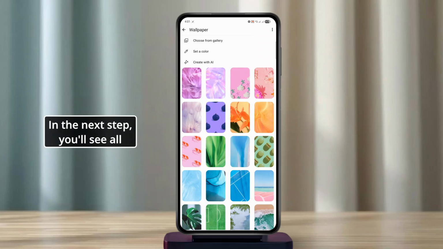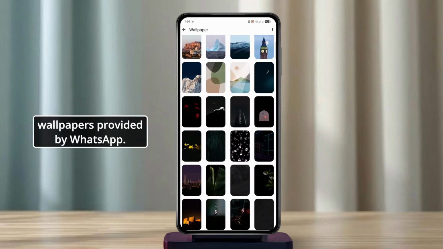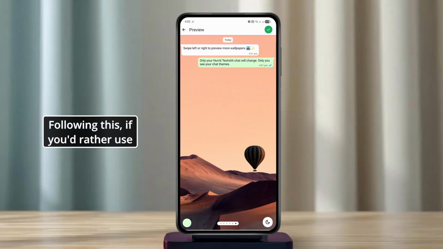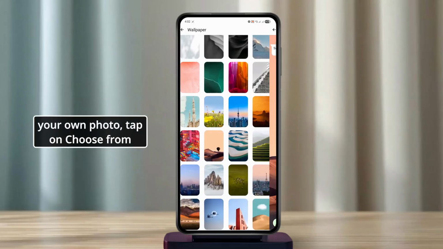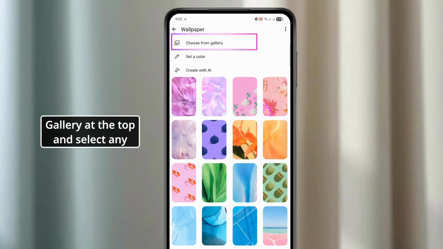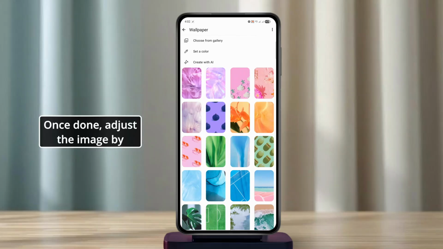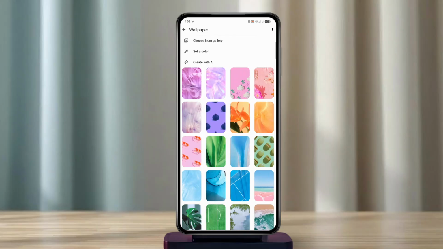In the next step, you'll see all the built-in wallpapers provided by WhatsApp. Browse through and tap any one to preview it. Following this, if you'd rather use your own photo, tap on Choose from Gallery at the top and select any image from your device. Once done, adjust the image by pinching or dragging until it looks exactly how you want